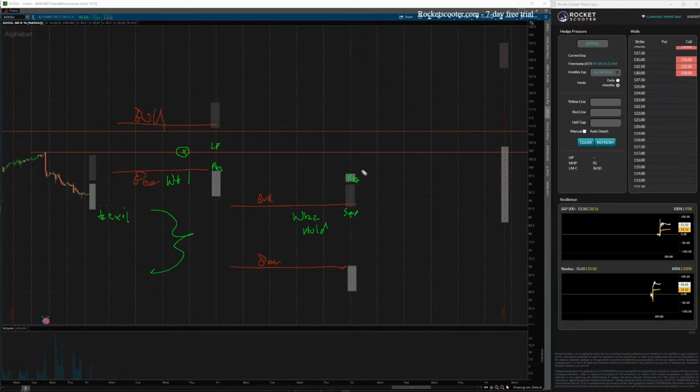So I use Rocket Scooter to map out when and where I want to buy my options. This is currently resistance today, so I want to be able to survive inside of here after this Friday so that on Monday I've got bull support. Every day I come in and remap my trade to decide if I want to hold on or liquidate or add or whatever. Same page, everyone? Okay.